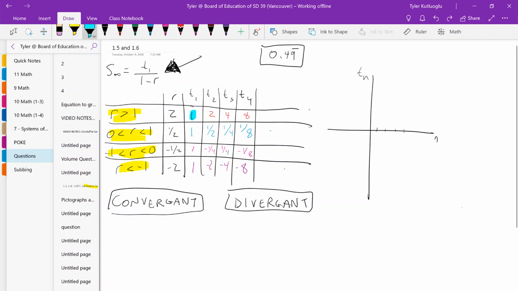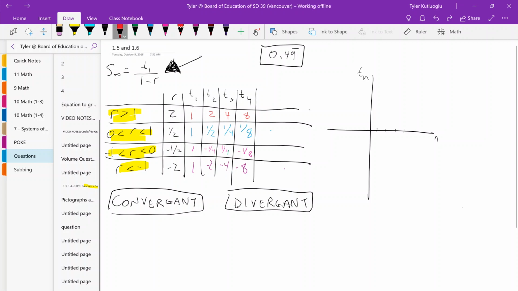We start with a value of 1 and we multiply by 2 every time. That's our R, so these are our numbers. Or we start with 1 and we multiply by half and it keeps getting smaller, -half or -2. None of this is new. I'm going to quickly graph what these look like, so you can see the pattern of what's